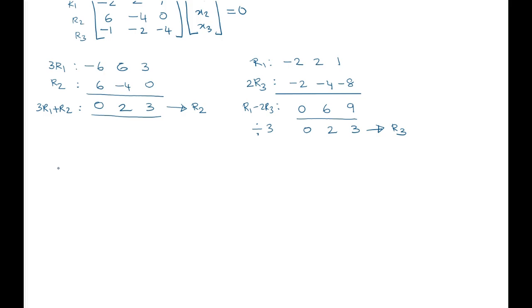So the first row is minus 2, 2 and 1. And the second row is 0, 2 and 3. And the third row is 0, 2 and 3. And we can very well see that on the next operation, the third row is the same as the second row. So we can very easily change it to this form, which is 0, 2, 3 and